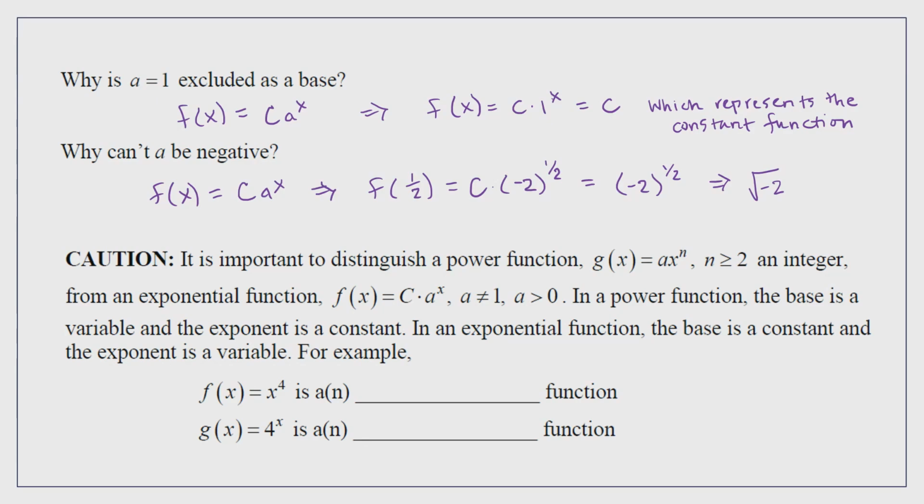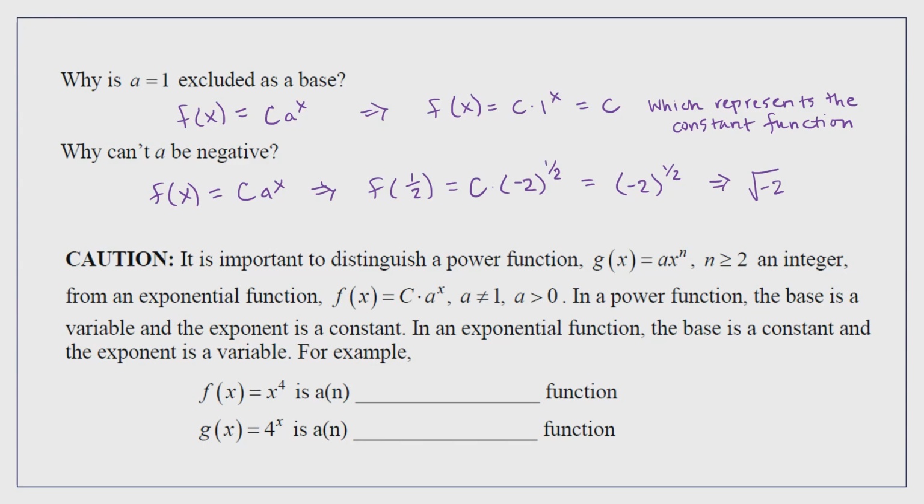Okay, so a has to be greater than 0, and it cannot equal 1, and a cannot be negative, which means it has to be greater than 0. Same thing. So, caution, it's important to distinguish a power function, g of x equals a times x to the power n, where n is greater than or equal to 2, an integer,